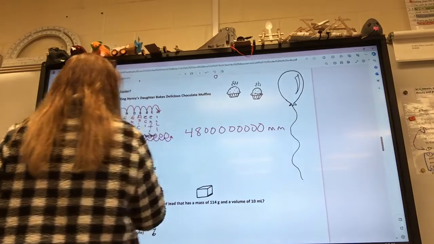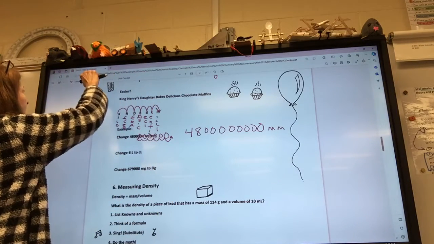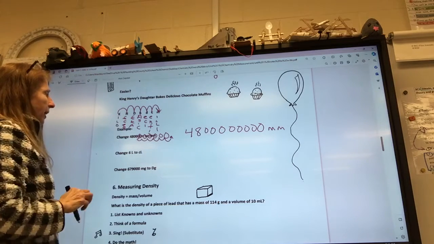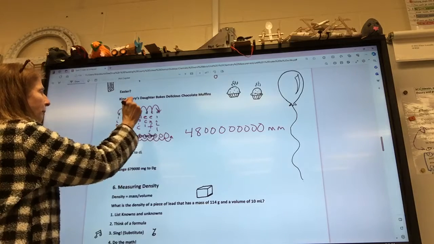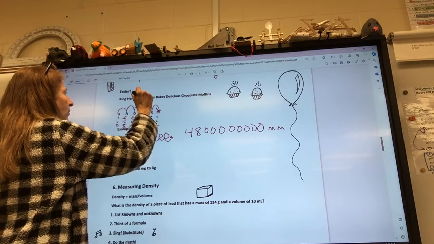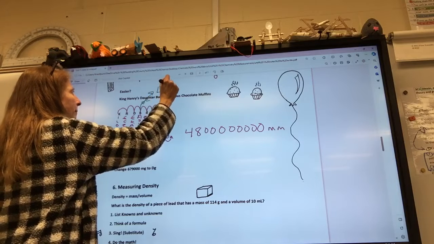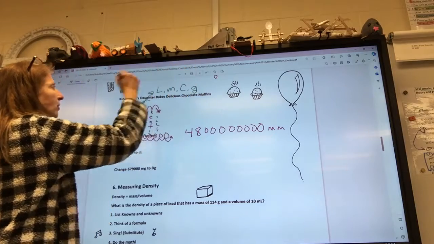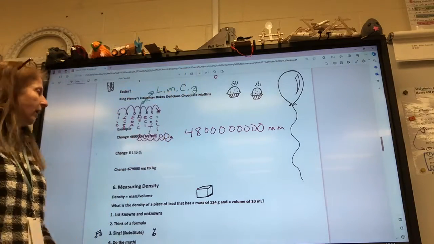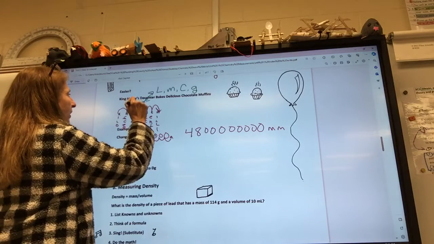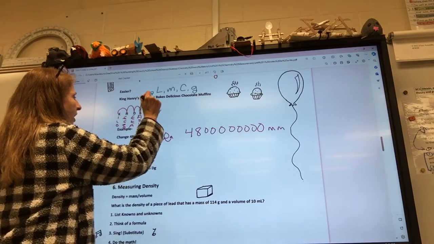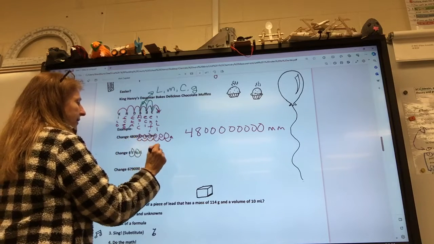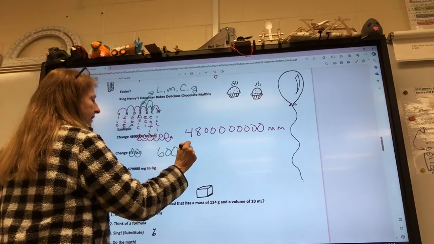We're going to change 6 liters to centiliters. I'm going to change my color. I think you should too, so it's less messy. So I start with what I know, liter. So basic is, we'll go all the way up here. Liters, meters, Celsius degrees, grams, whatever your root is basic. So I'm starting at the root going to centi. 1, 2 frog hops that way. It's 600 centiliters.